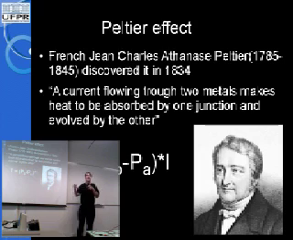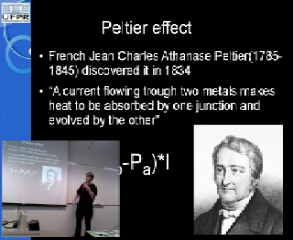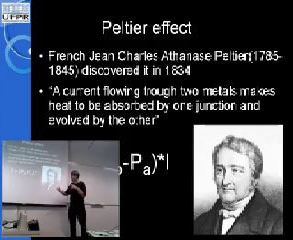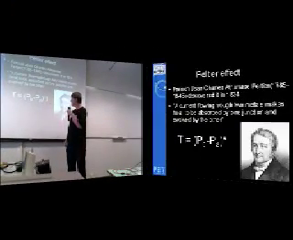The Seebeck effect says that a difference of temperature makes a difference of electrical potential, and the Peltier effect says that a difference of electrical potential makes a difference of temperature between these 2 points of the circuit. So the temperature difference is simply made here, multiplying the coefficients by the current,